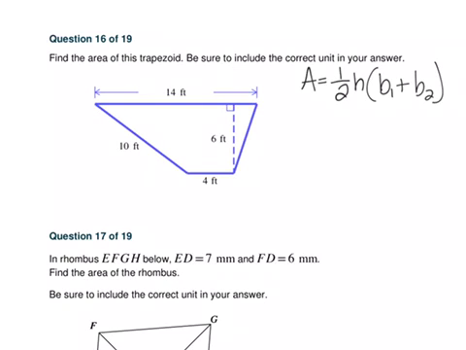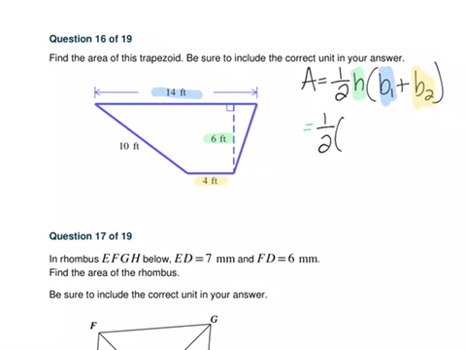So base 1 is the bottom of the trapezoid, and we're going to highlight that one blue. Base 2 is the top of the trapezoid. We're going to highlight that one yellow. And remember, the height is what makes the 90-degree angle. So the height in this one is 6. Okay? So if we plug in all of those numbers, we get